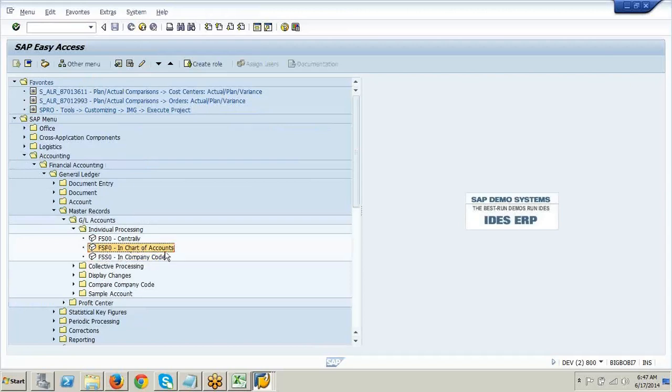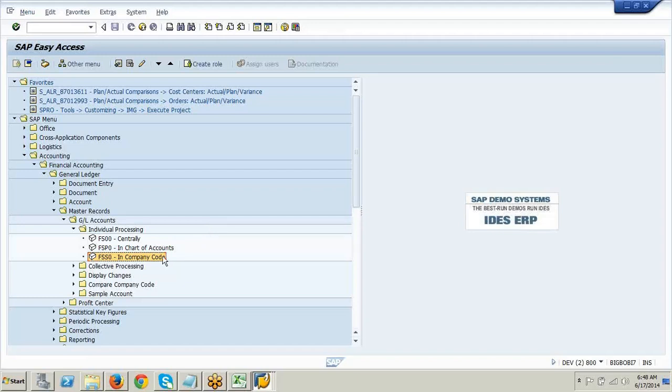You people are all consultants now, you will set it up at chart of account level. But for the user, it is very difficult to set it up at chart of account level. So whichever GL account he requires, he just extends it to the respective company codes, based on the requirement. They just need to extend it, that's it.